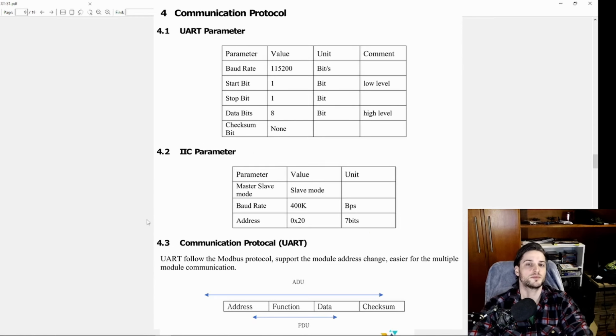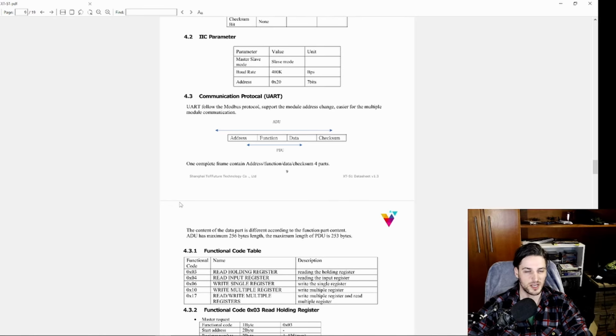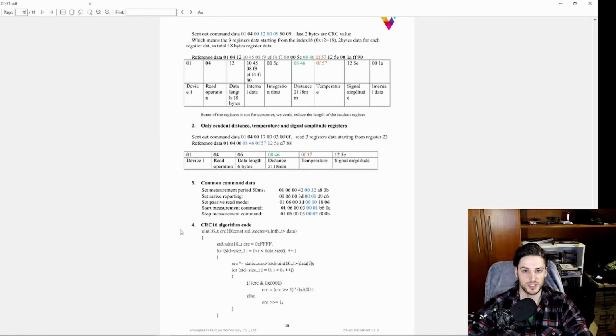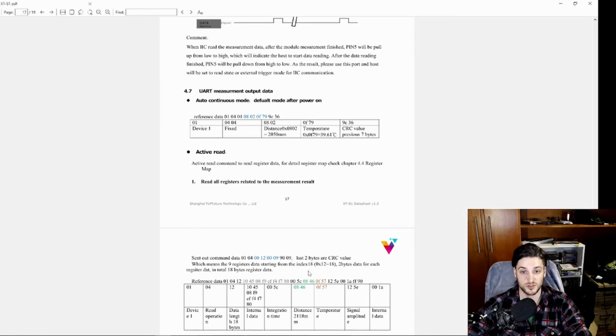So here comes the tricky part. This sensor uses UART, yes, but it uses Modbus over UART. So you have UART, which is simple, but you need an ID byte, then you have the command byte, then the address, and then function and data and everything. This document doesn't make it easy to understand how you should use it. Later on, you have the register maps and the protocols. It shows some examples, and with the examples I managed to get this sensor working,